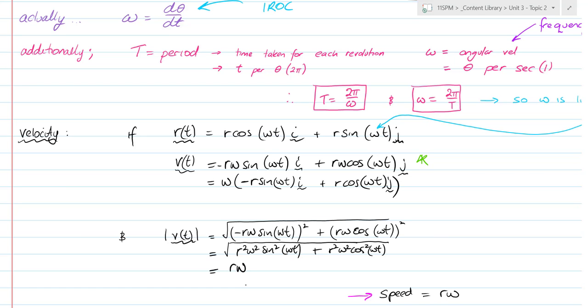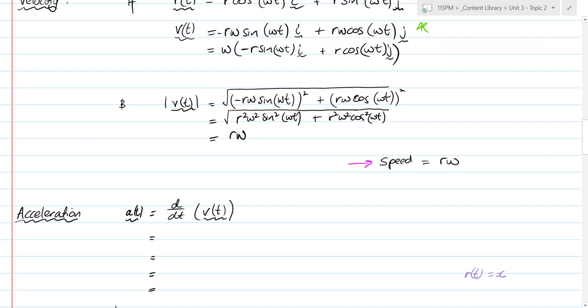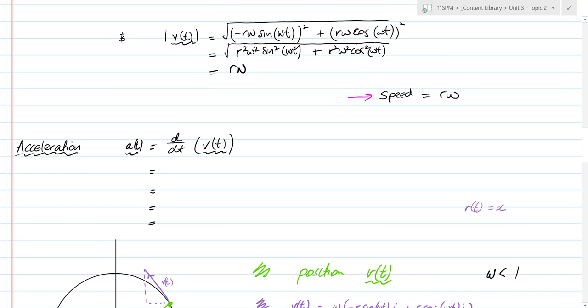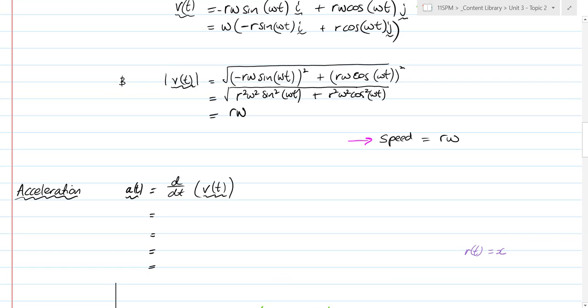So there we go, speed is equal to r omega. And the acceleration is equal to the derivative of velocity. There's my velocity. I've got negative r omega sine omega t i, which becomes negative, stays negative, r omega squared cos omega t i. So I've derived the first term. And then the second one becomes negative because cos goes to negative sine, r omega squared